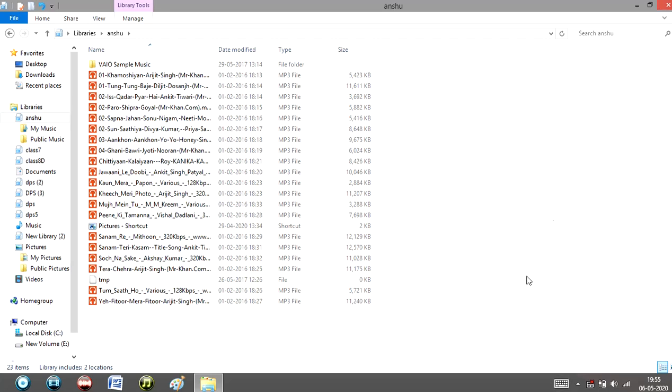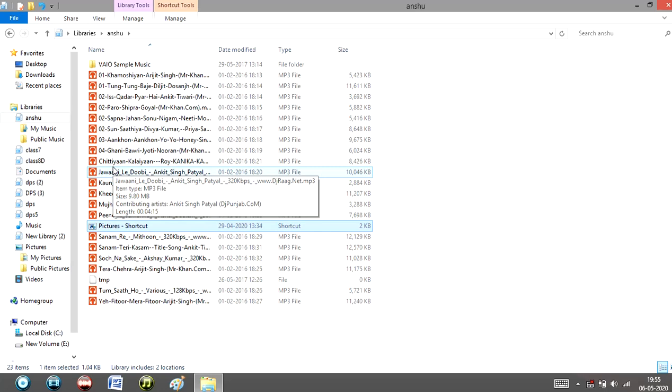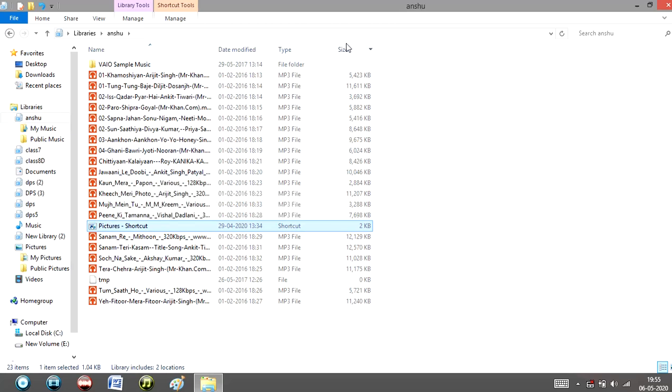So now this Anshu library, you can see here the path, libraries contained a new library Anshu, and this Anshu has a lot of songs there, and whenever we want to play any song we can just double click here and the song started playing. So this is the way how we can create a new library and rename it, and how we explore the libraries of our computer.